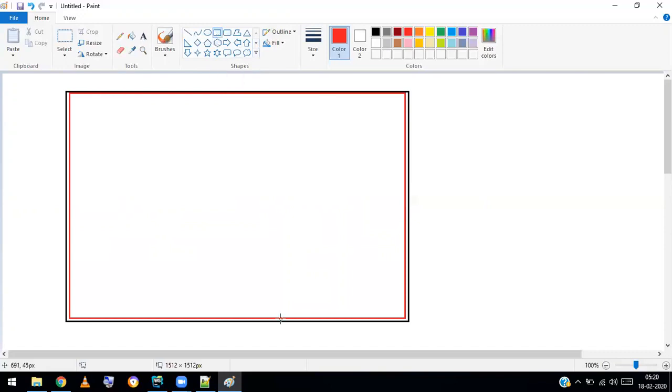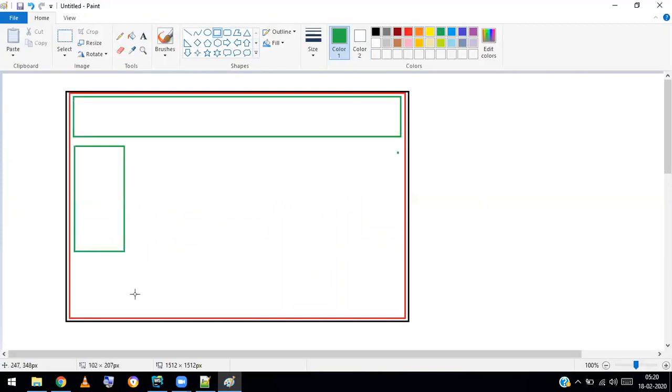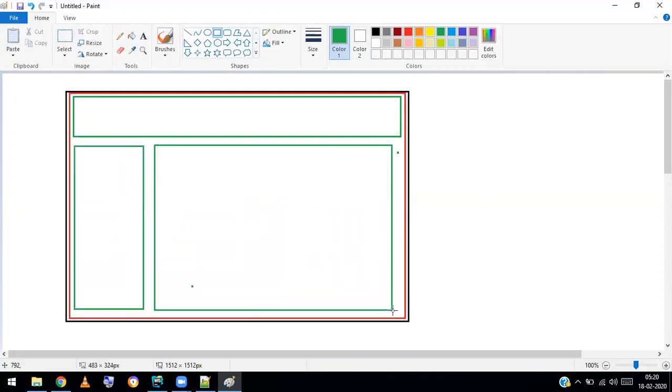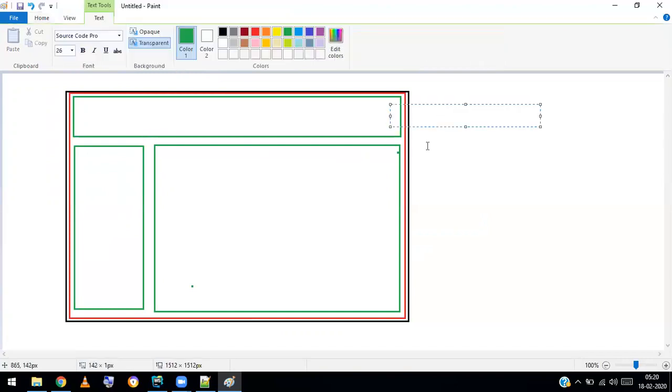Let's take this module. I want to design a navbar, then a sidebar, and then the main contents like this. Each part of the UI is called a UI component.